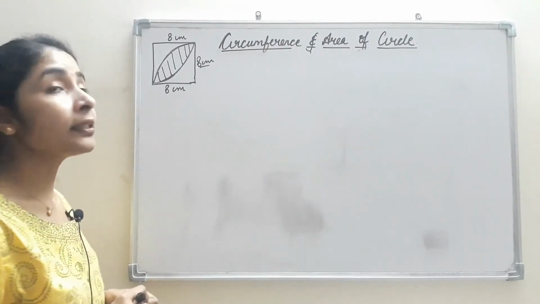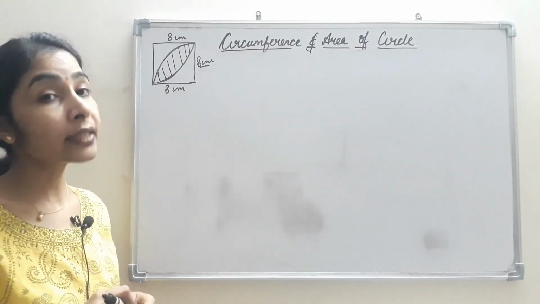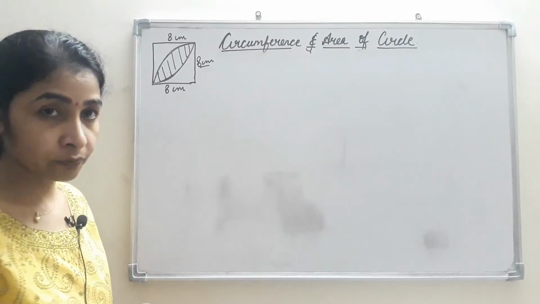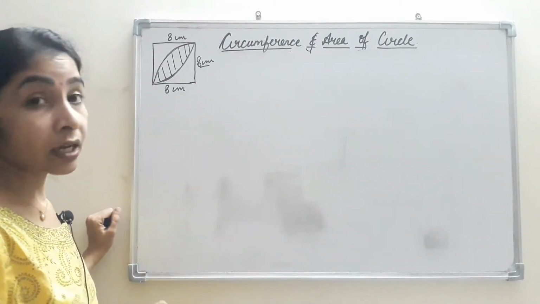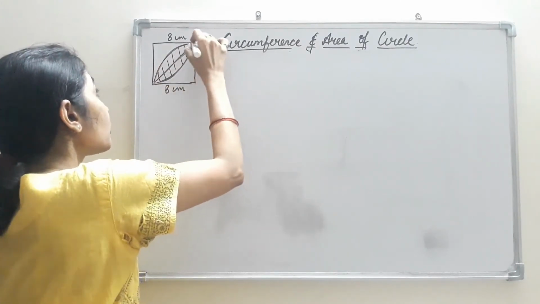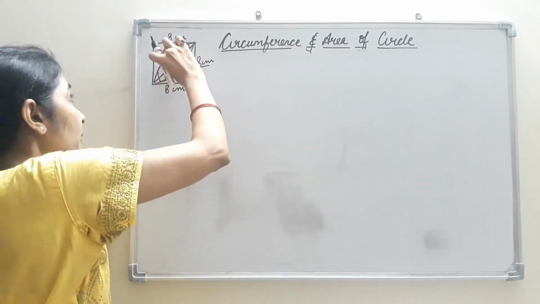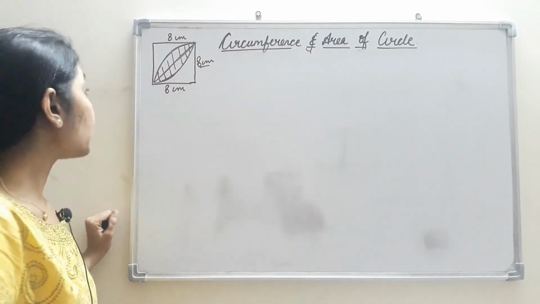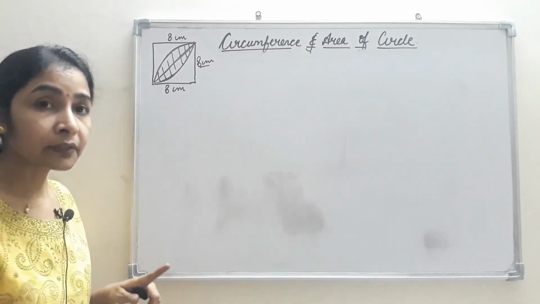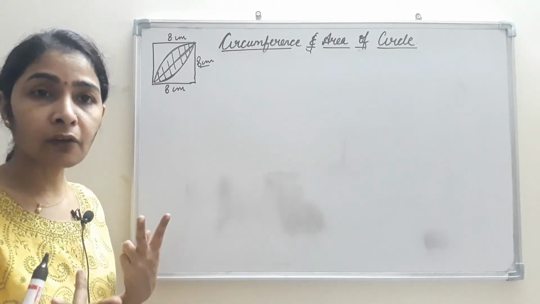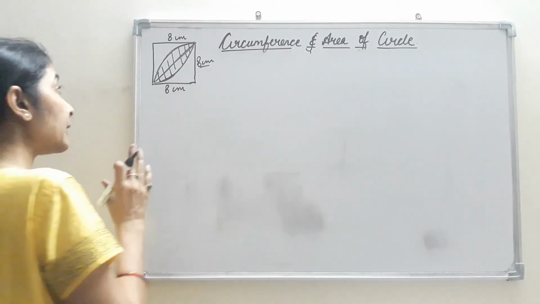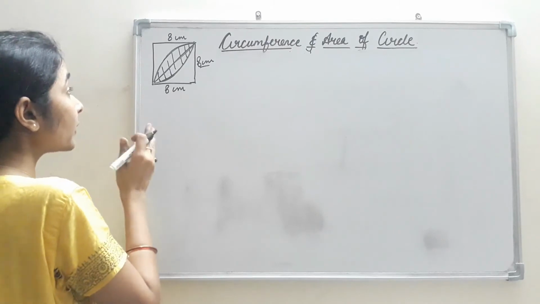Next, we calculate the area of one segment and then we multiply it by 2. Now how is it possible? Segment means like this, drawing a line. We will calculate the area of this segment, and then we will multiply it by 2. So let us try that, and you can do it by both methods. Finding out the area of one sector and multiplying it by 2 will give you the area of two sectors, and then subtracting the area of the square from it. Now let us see the first method, finding out the area of the segment.